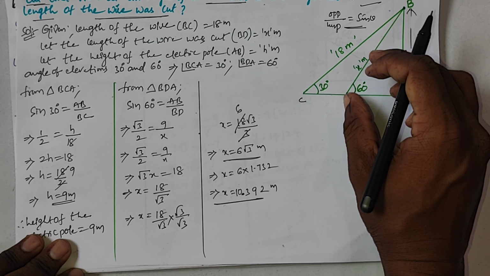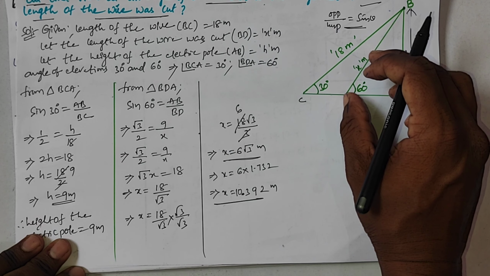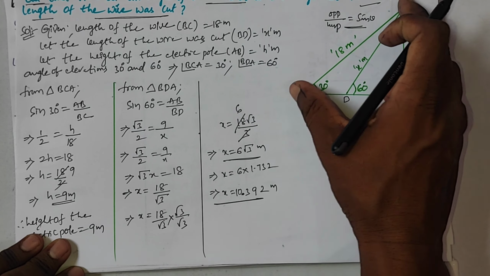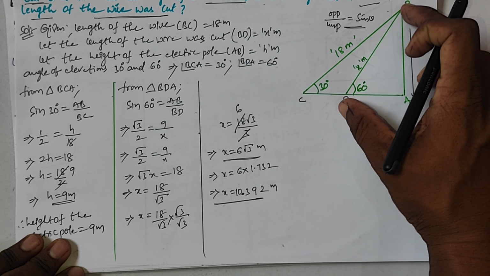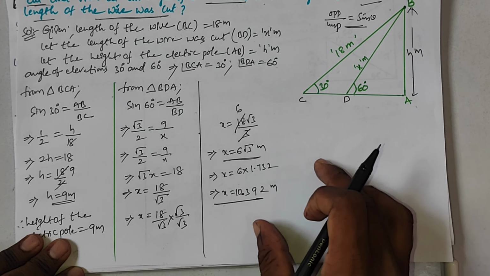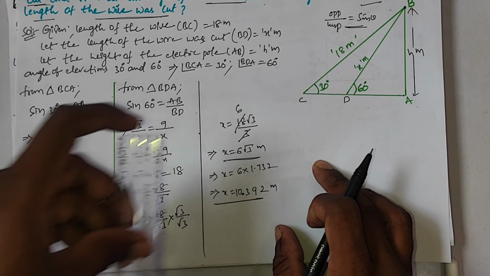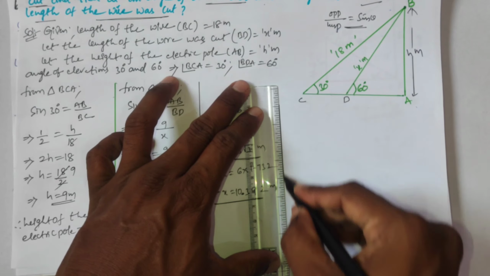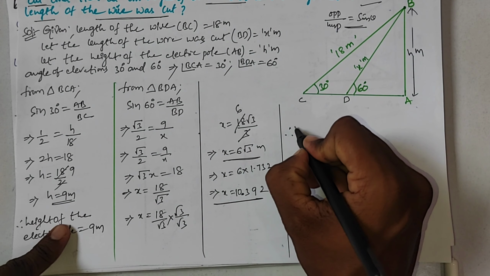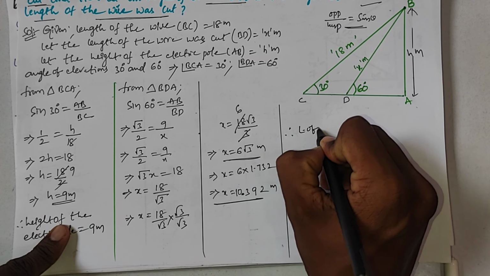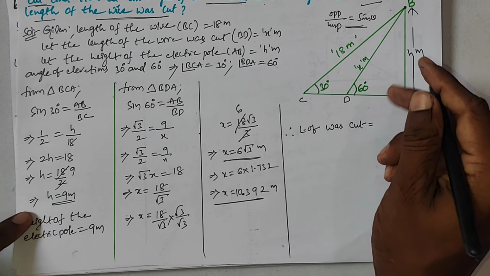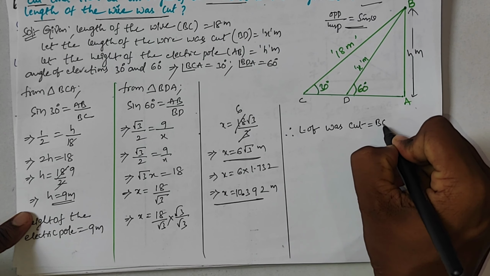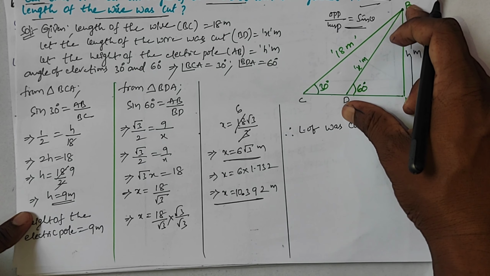Then how will you get the actual value? How much length of the wire was cut means we had to subtract BC minus BD. We had to do subtraction of BC minus BD. Then you will get how much length of wire was actually cut. Okay. Then therefore we can write here: length of wire cut is equal to what is the actual one? BC minus, what is the angle of elevation, second case, BD.